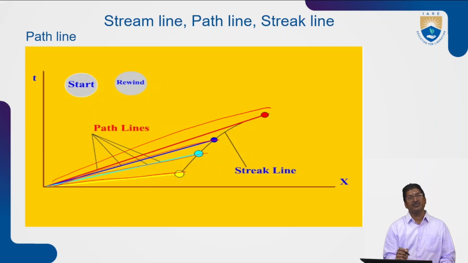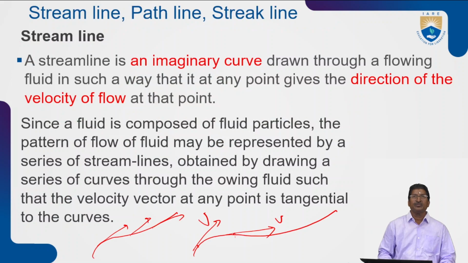That means the path traced by a single particle. But if you join this locus of all the points, this point, this point, this point, this point, this line is called a streak line here. So before going to conclude, we will see what you learned